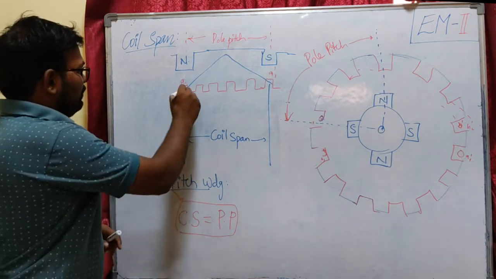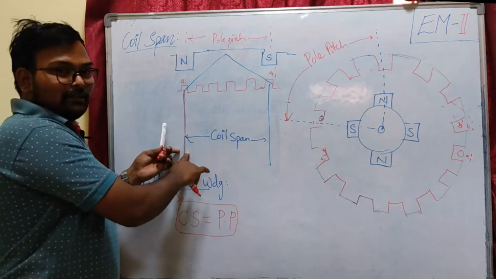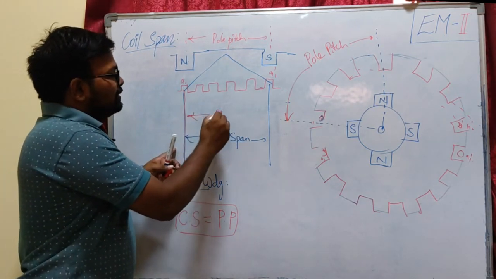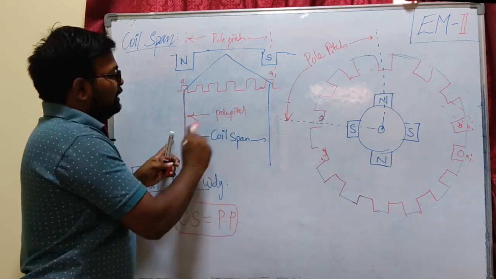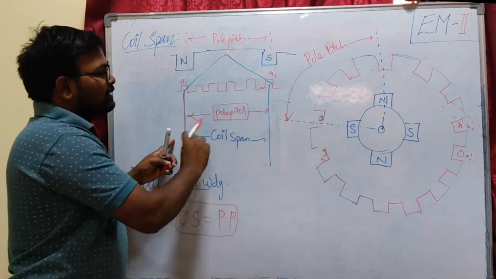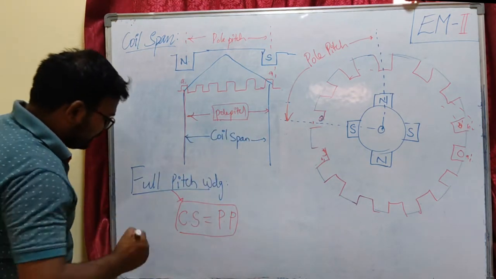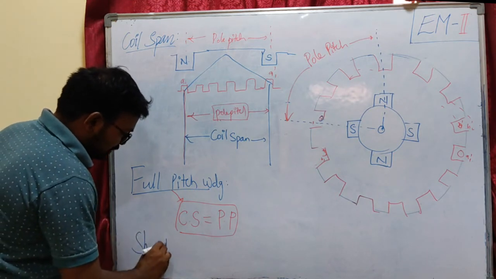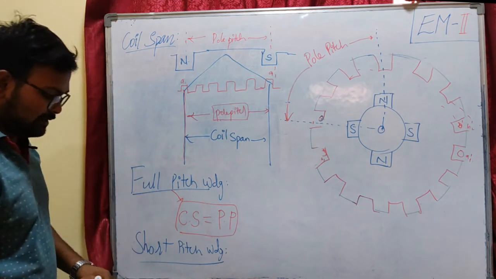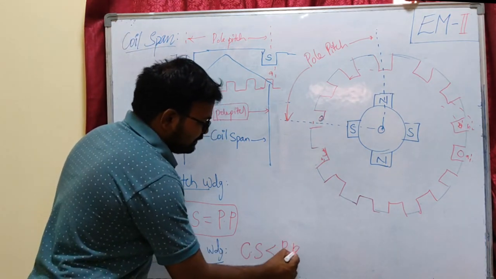That means I am going to place one conductor here, this is one coil side, and the other coil side I am going to place a pole pitch distance apart. If I keep the other coil side of this conductor at a distance equal to pole pitch, this type of winding is called full pitch winding. Then what is short pitch winding? If our coil span is less than our pole pitch, this type of winding